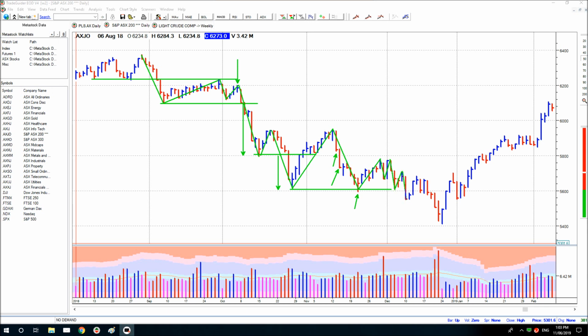And then the market goes through this period where it's also unsure. I would imagine because our market, or all markets to some degree, especially when there's weakness overseas, have to do what happens overseas, because they're not going to be able to stand up to a full-blown weakness in the US markets in particular. So it always respects those markets. So you can see here the markets were probably unsure exactly what was going to happen. So they go through this period where the uncertainty continues. No one knows whether we're going back up again in response to the buying wave we saw, or whether price is going to break down again.